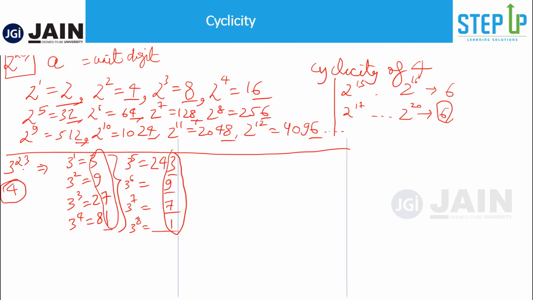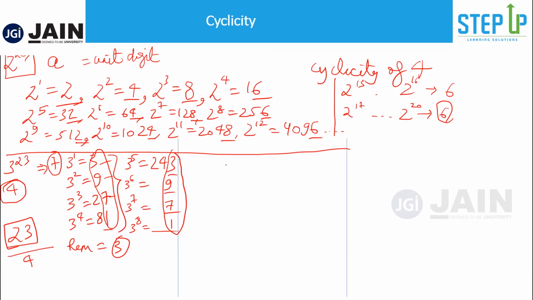That means if somebody is asking me 3 to the power 23, I need not write all these numbers. I look at this number 23, the power of 23, and I say, is this a multiple of 4? So how you can do is, if you divide this power by 4, you get a remainder of 3. That means if the remainder was 0, it would have been the 4th power, that means it would have ended in 1. But you have remainder 3. That means it will be 1 and then 1, 2, 3. So in this case, it would be 7. Hope you understood what we did here.